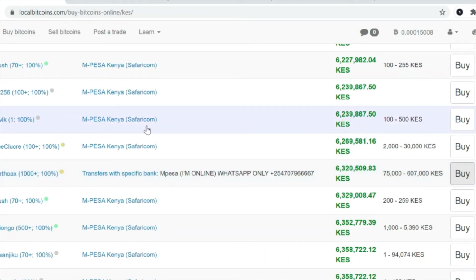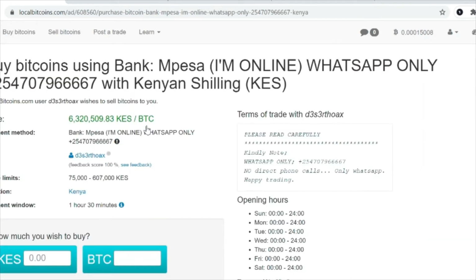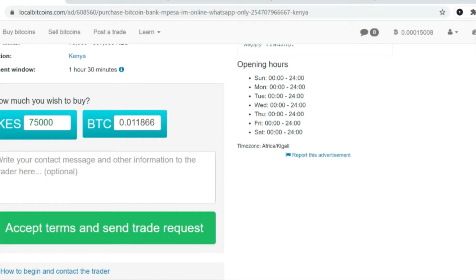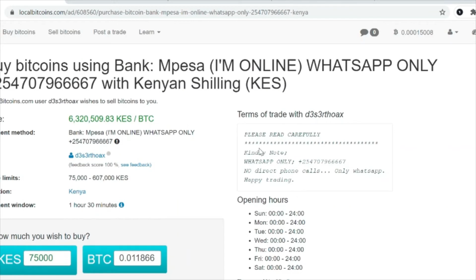Maybe you want to purchase like 70,000 or 75,000 Kenya shillings' worth of Bitcoin. So I will write to that person, let's say, hi, you may send me your details. So if I click, accept the terms, and send the trade request,